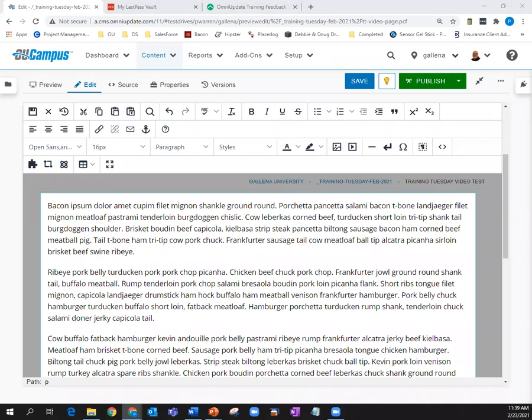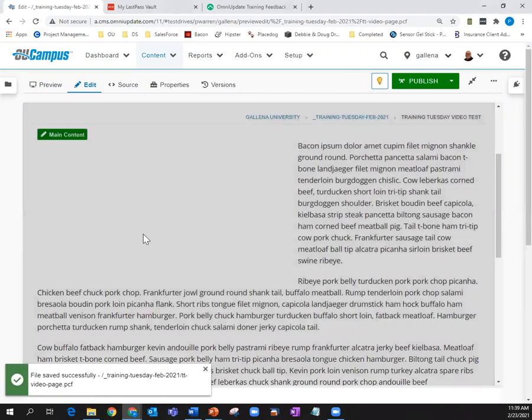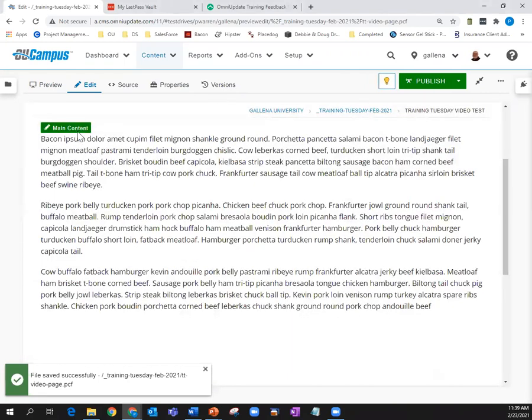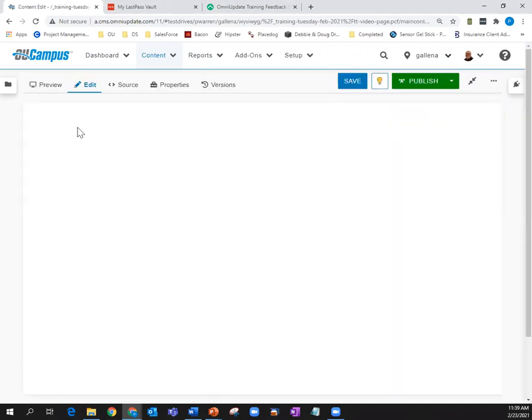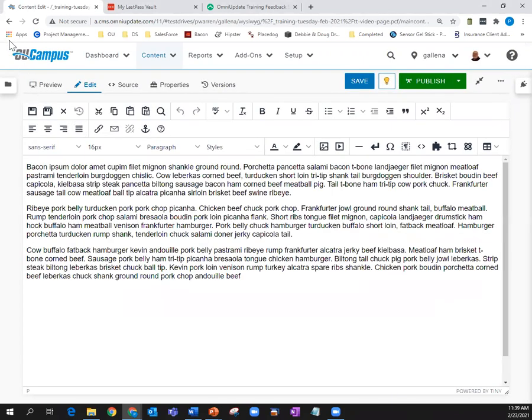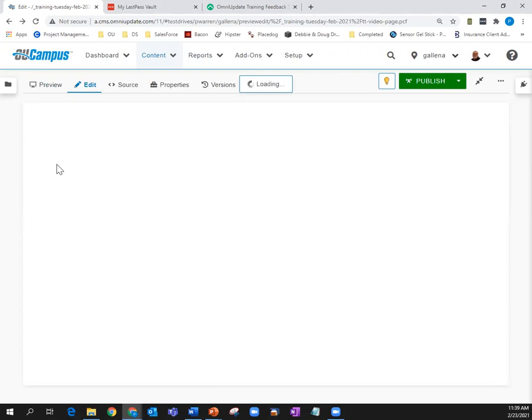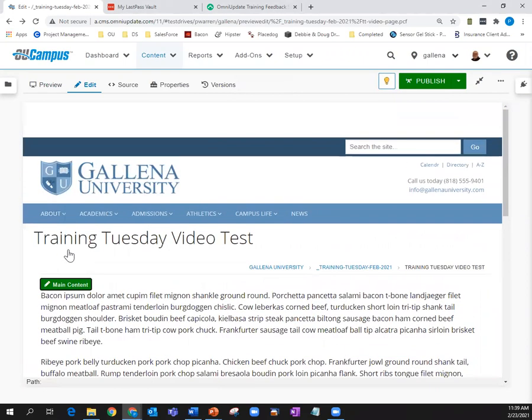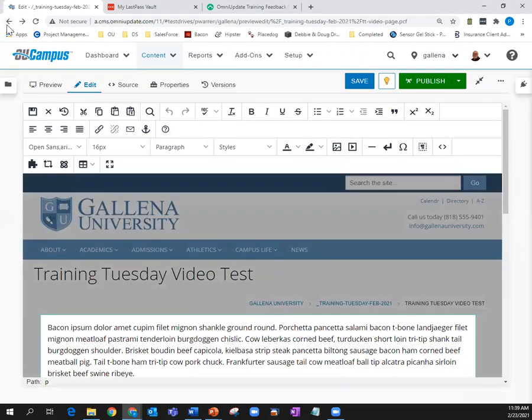If, to do a rollover image, do you have the old edit interface, which I'm not finding in the new just edit? If you want the old editor, let me see if it's still available here. I know that was something that we used to have available. If I come in here, go back here. No,